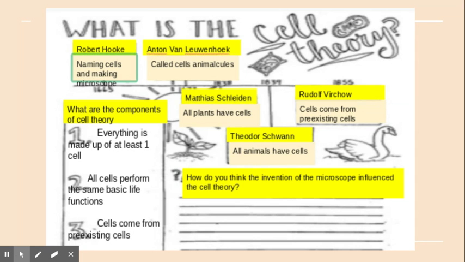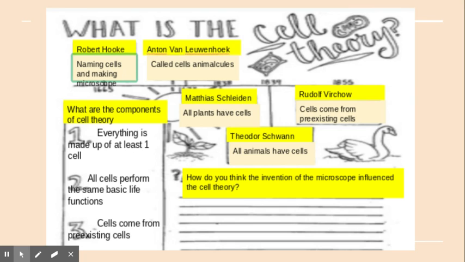And then you watched that video, and it talked about Hooke looking at cork cells with a microscope, and he named them cells because they looked empty. It reminded him of, the video said, a dorm room minus all the furniture. Antonie van Leeuwenhoek looked at dental scrapings, and he found bacteria, and his cells looked totally different than Hooke's cells, because while Hooke was looking at cork cells, which are actually dead cells, Leeuwenhoek saw bacteria, which was alive, and they were kind of moving around, and they had all different kinds of things inside the cell,